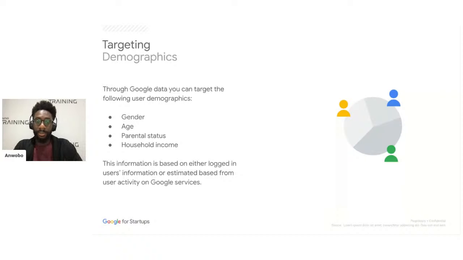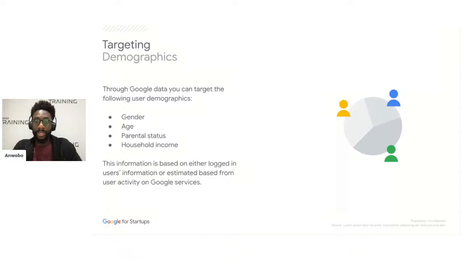It's only in some locations, with the US probably being the most prominent. Anything that Google cannot determine will be categorized as unknown. So there may be users whose gender is unknown because they did not give this to Google, or they do not have an account, and Google does not have enough information to estimate whether they are male or female. In this case, we always do say to target the unknown category, because it would always contain a large amount of the users that you will want to target.